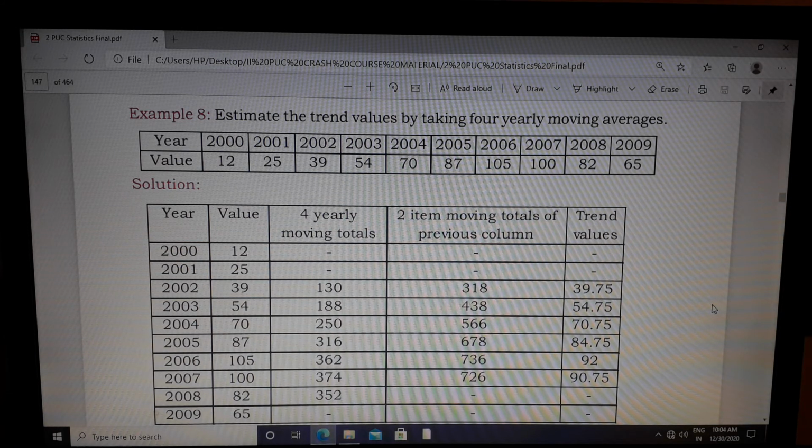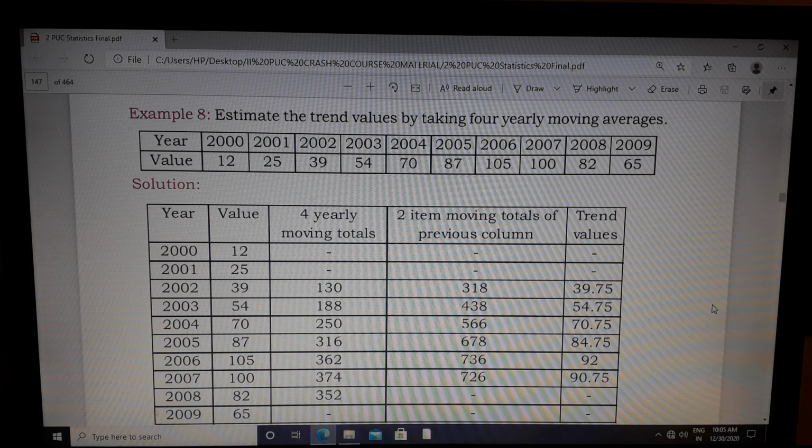So actually whenever you calculate or observe the trend value, it has to be assigned to a particular year. For that reason only we are calculating 2 yearly centered totals again. 130 plus 188, 318, that falls exactly at 2002. That is the correct total, corresponding to a particular year. Then in that year we can observe the trend value, how much it will be. Before centering, the 4 yearly totals cannot directly be assigned to a particular year. After centering the 4 yearly totals by 2 totals, then you will understand.